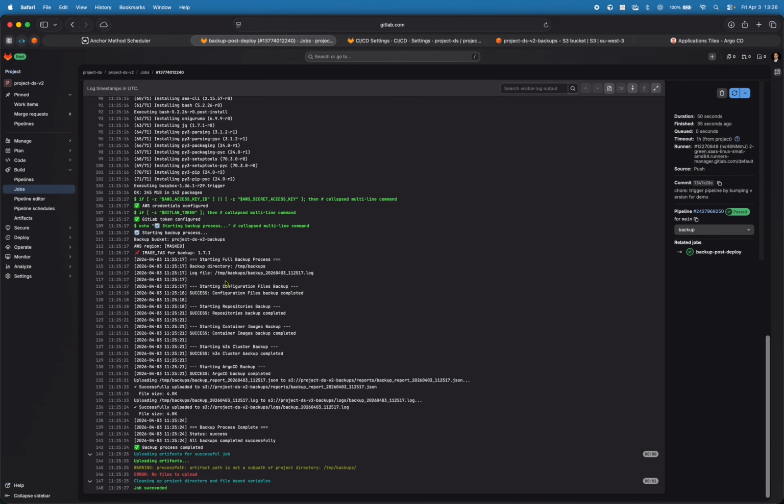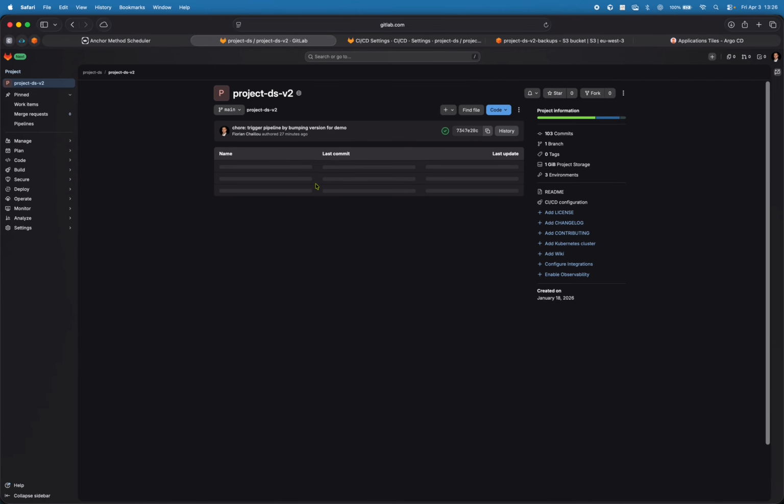And everything is backed up. So the log files, the configuration files, the repositories are backed up. The starting container images are backed up. The K3s cluster is backed up. Everything is backed up in the different configs. And finally,